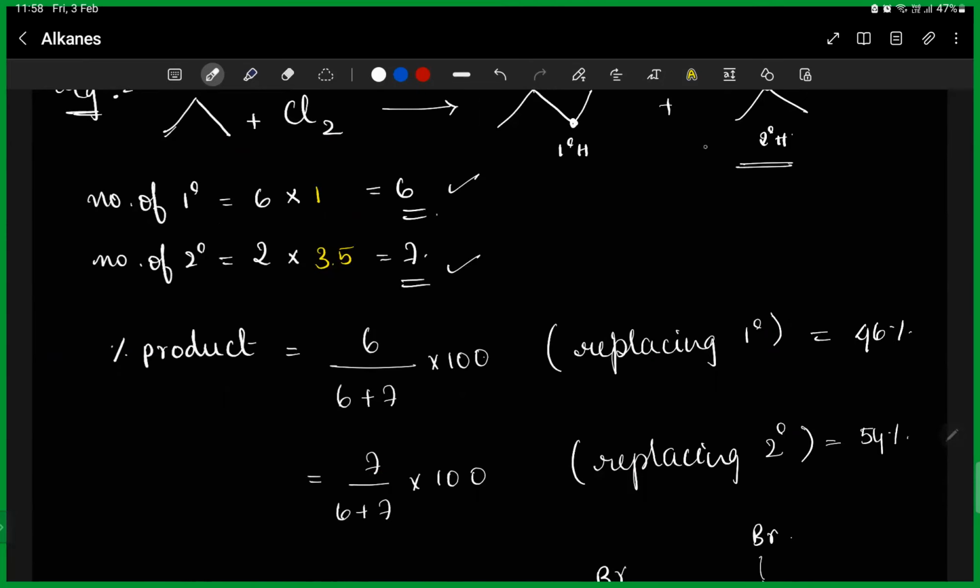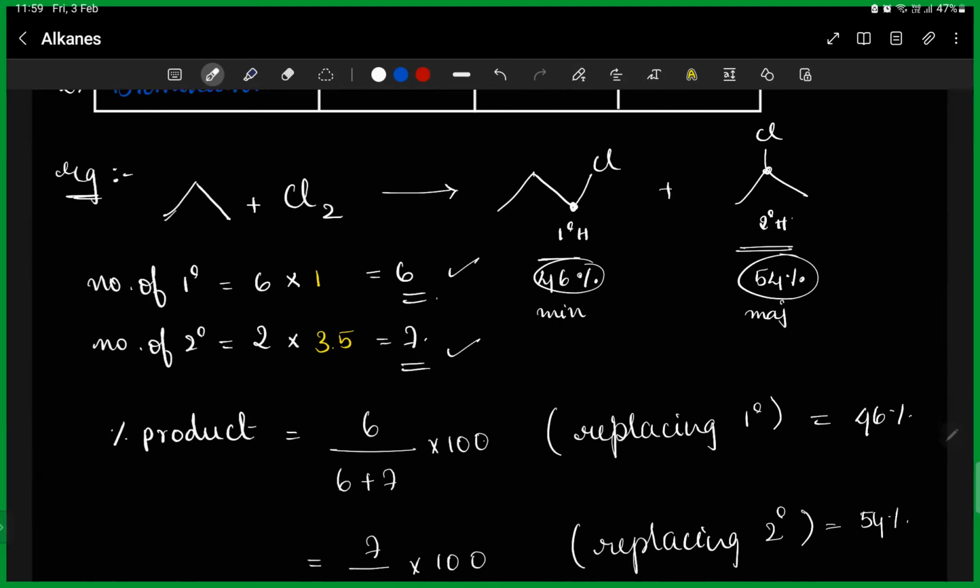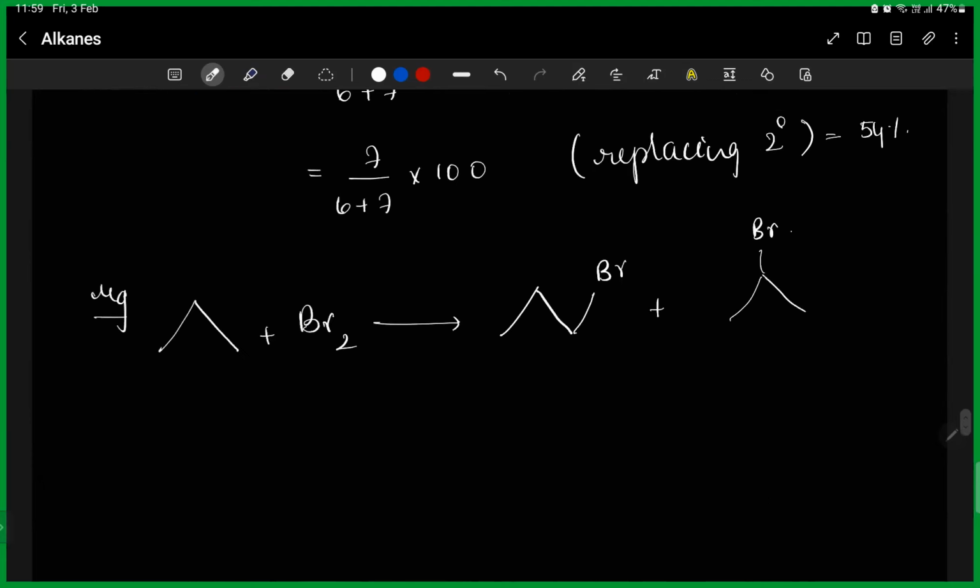So the major product here is the secondary hydrogen replacing, the border margin is not that much, but then also for the problem purpose, we are telling this will be 46%, means this is the minor product, and this is 54%, which is the major product. Okay, that's how we will do any numerical based on